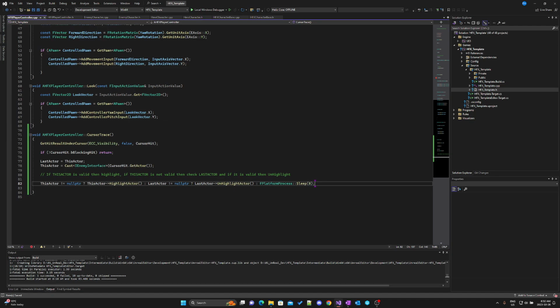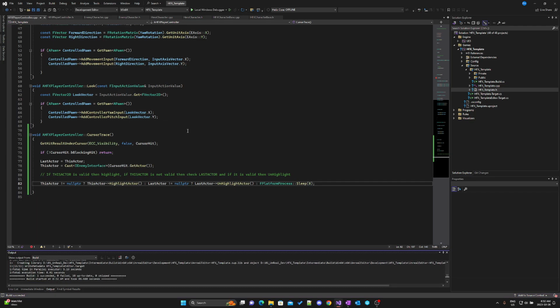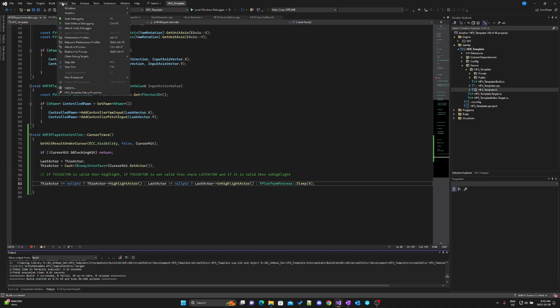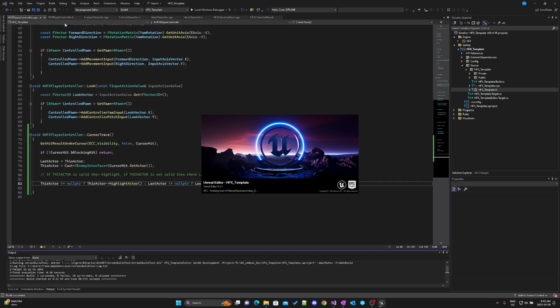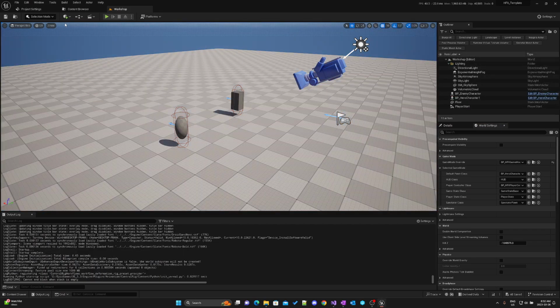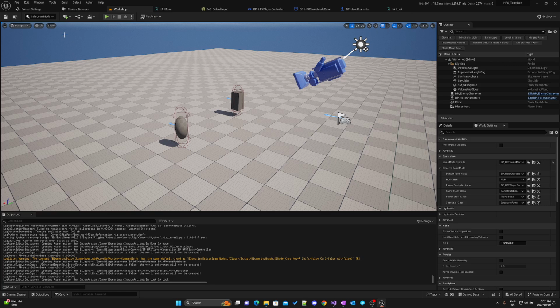Okay, I think that puts that together. Let's see if we can build that without any major problems. And we got success. And now let's start it up. So what we're going to need to do is, in our opening level, our workshop level,